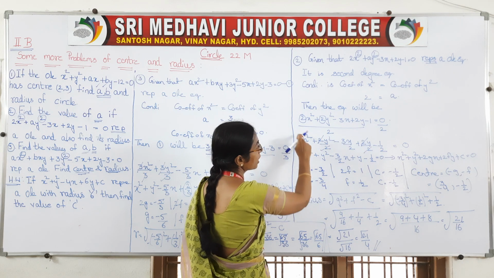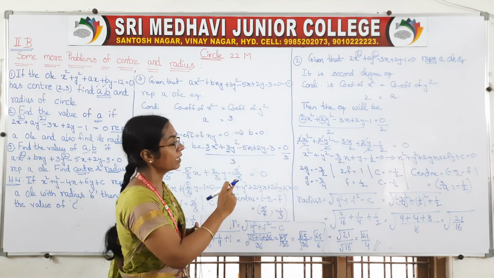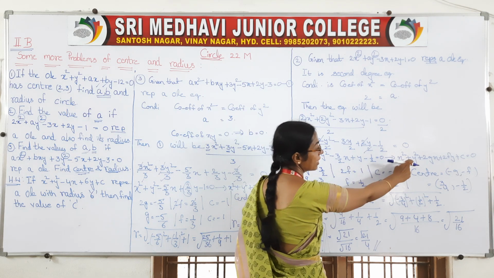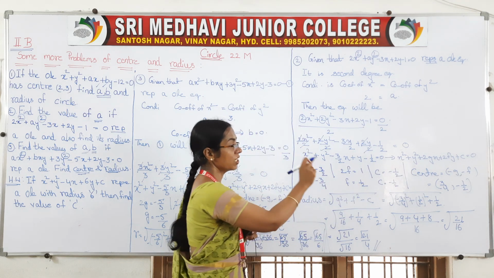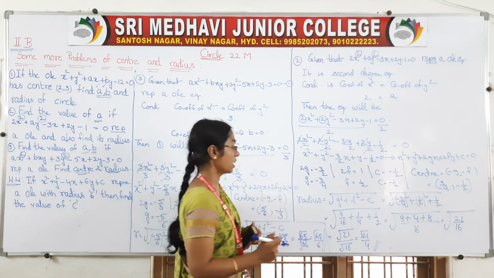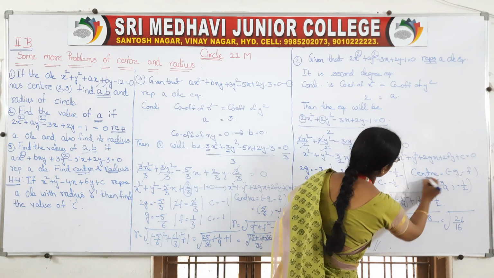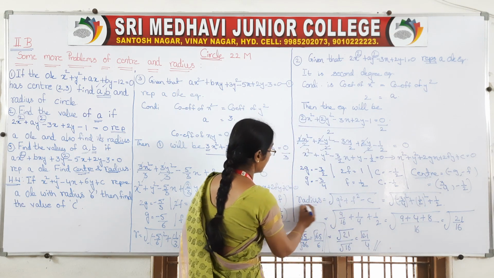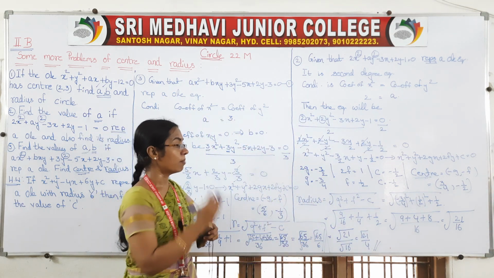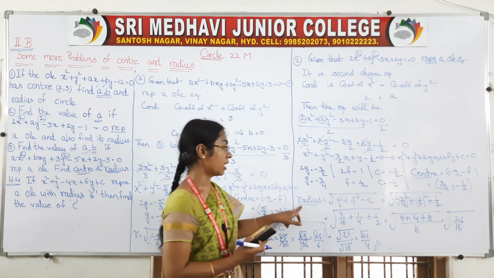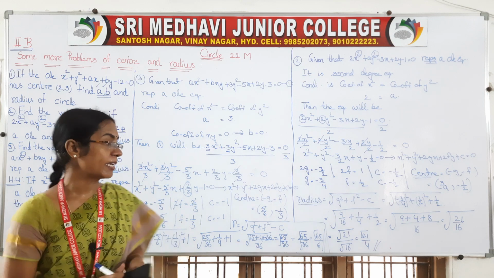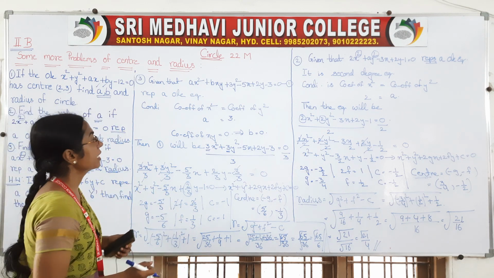Right? After that you take separately and compare with the general circle equation. Now it is in general form. Try to find your g, f, c values. Once you got g, f, c, you can write your center as well as radius. The center formula is always (-g, -f), and the radius formula is always the root of g square plus f square minus c. So that is your second question.